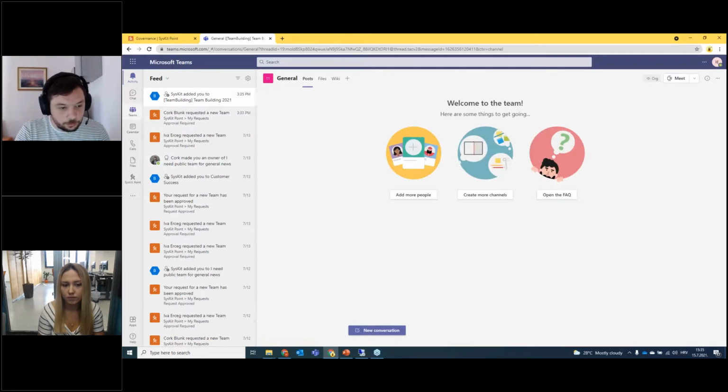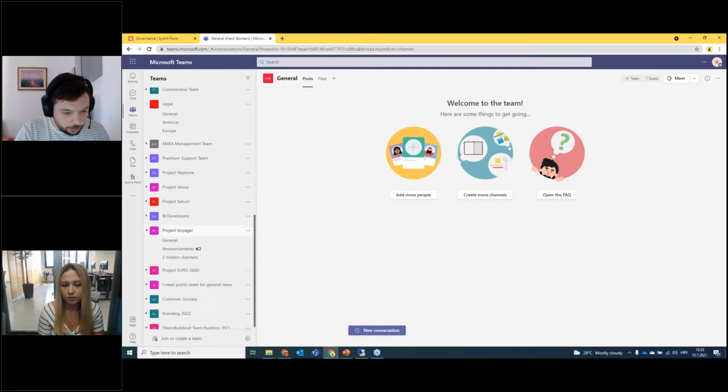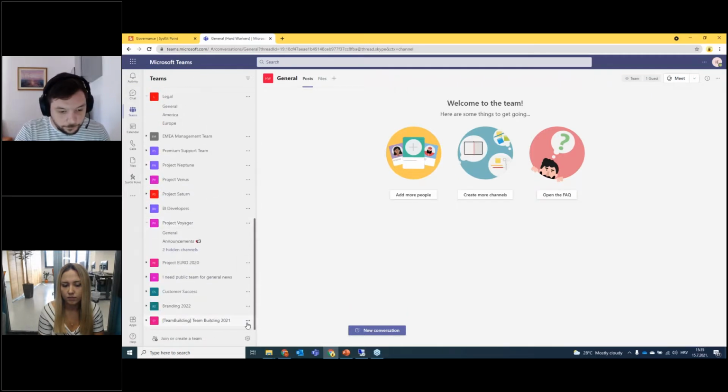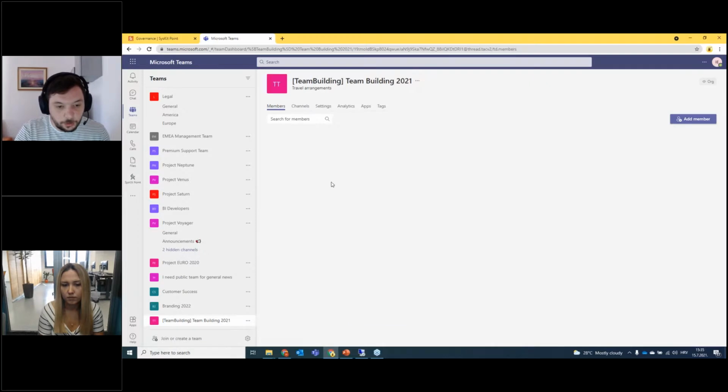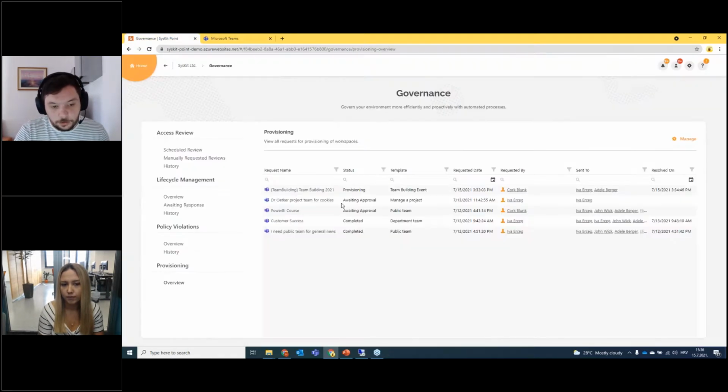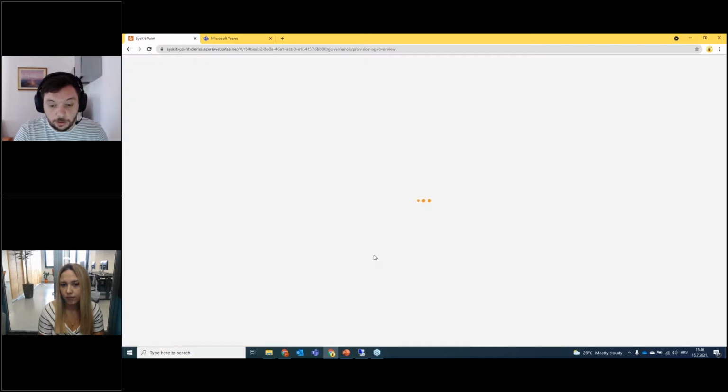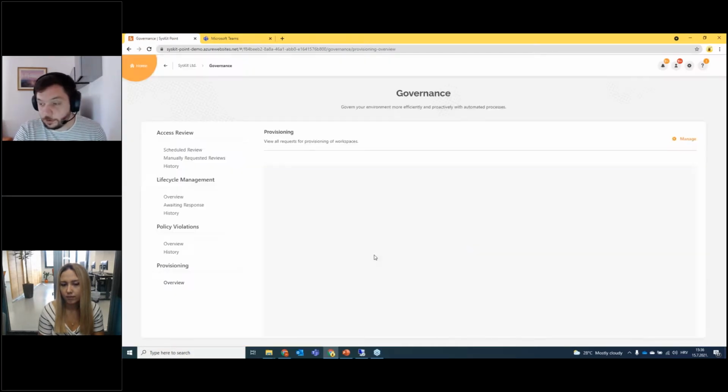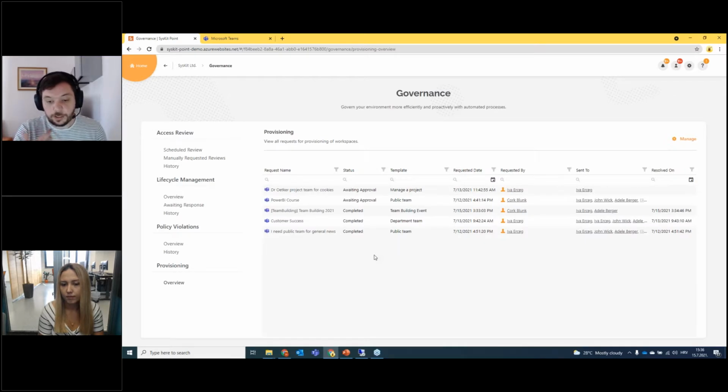If we go here to teams, it's going to be easy to spot. If we go here to manage a team, we're going to see that Eva Gorkinadel has been added as owner, and we have this description and stuff like that. So the team is still in provisioning, but if we refresh this report, we're going to see the provisioning is completed, and the next time SysKit Point picks it up, it's going to be assigned all these different governance policies that we've been talking about. And basically, this is how